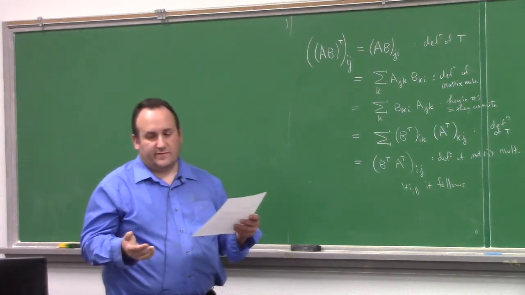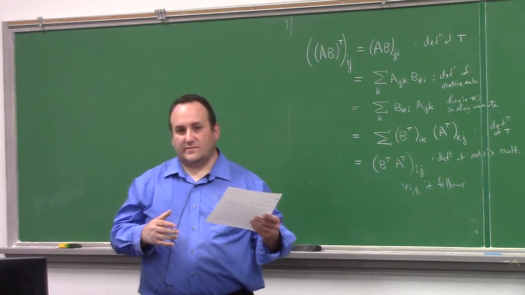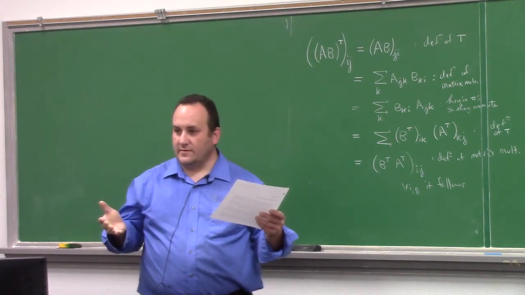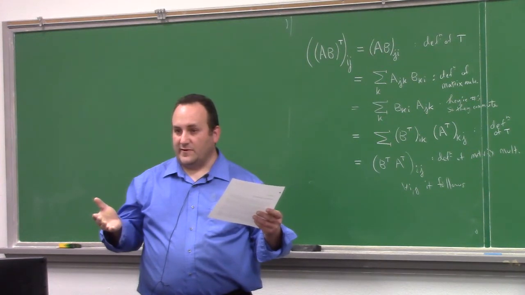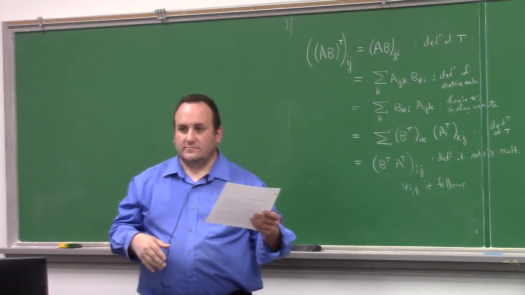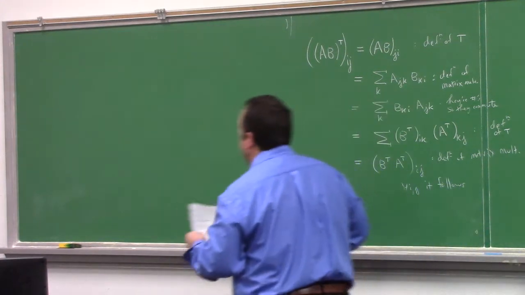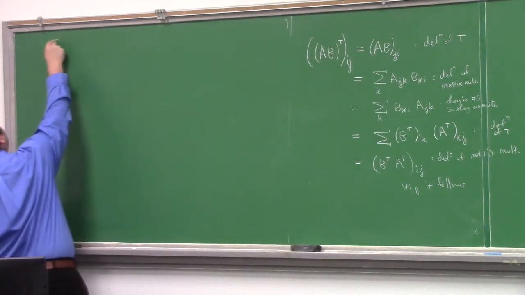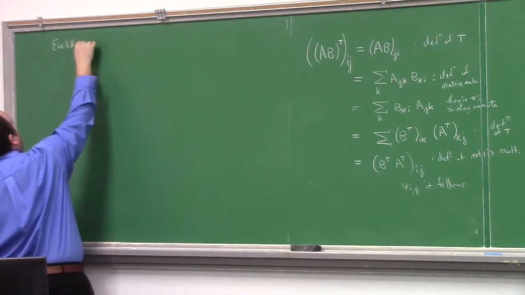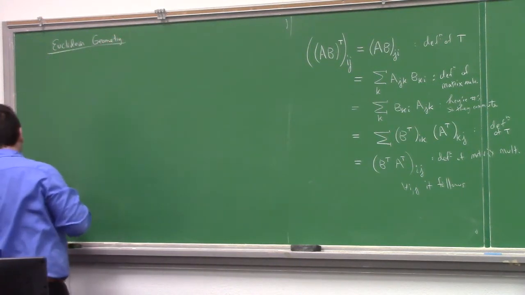Like, for example, one of Euclid's axioms is that there exists a line segment between 2 points, right? Can you guys tell me what the line segment is between 2 points in R3? You should be able to, right? We have a formula for it. If I want a line segment that goes from P to Q. Oh, I remember that. It has T. It's T of P plus